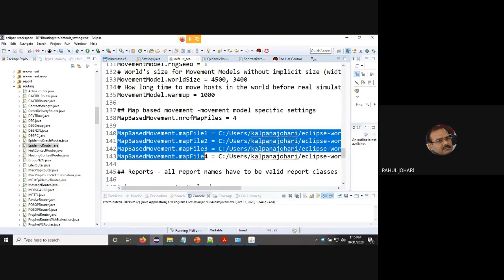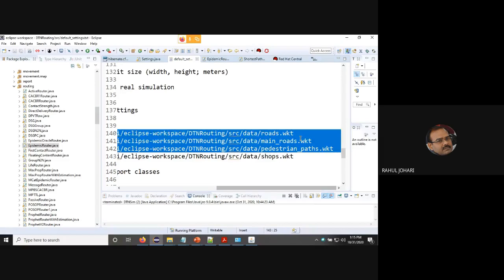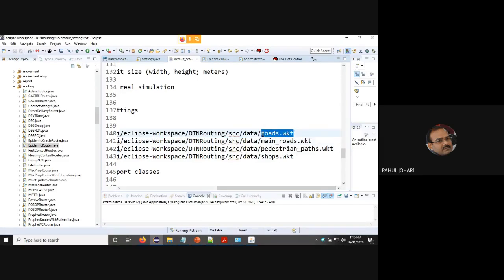Right now what I have done here, I have only done cosmetic changes wherein I have specified my own files. But if you download the simulator from the web, it will come with the predefined WKT files. So without any change in the default setting file, you can directly run a simulation and it will give you the results. Because I have done it, I am that sure of it. But once you have become comfortable with it, then you can carry out the changes in it. So now here I have specified my own files.